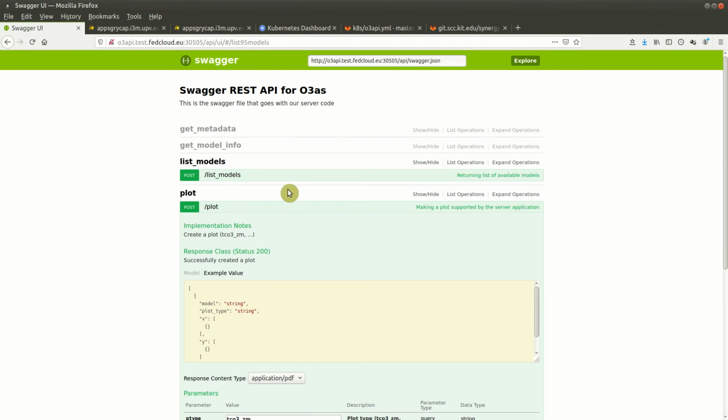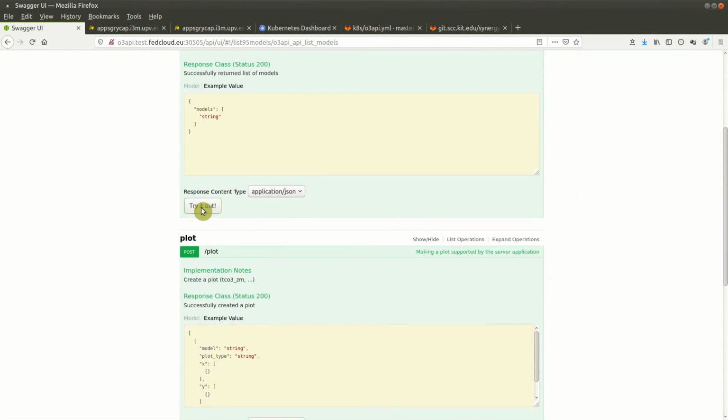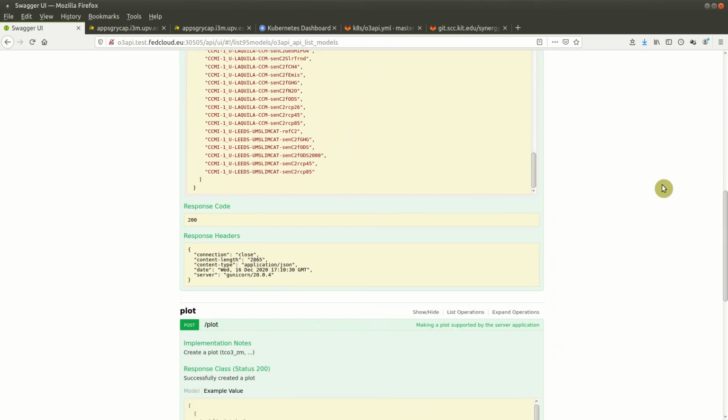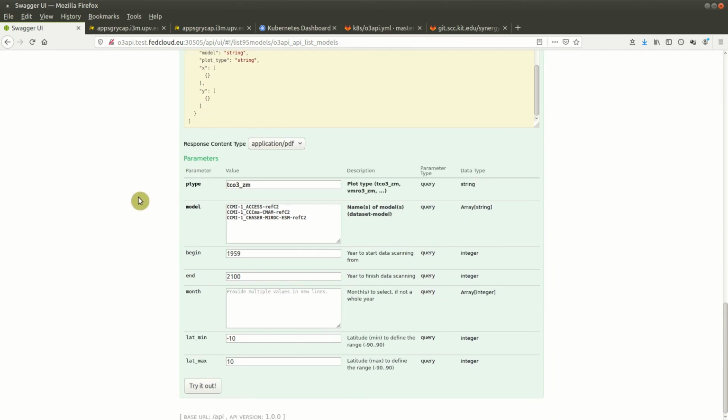Here we can list the currently available models, and there is a multitude of them, and we can also perform plotting. For example, we can take the month of October and the southern hemisphere region, the polar part.